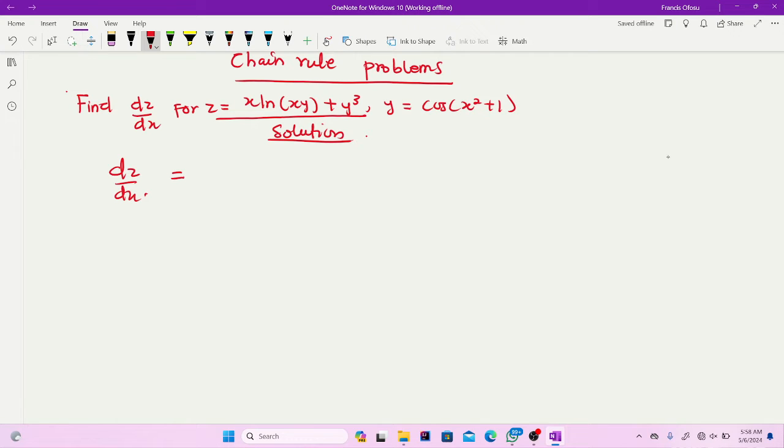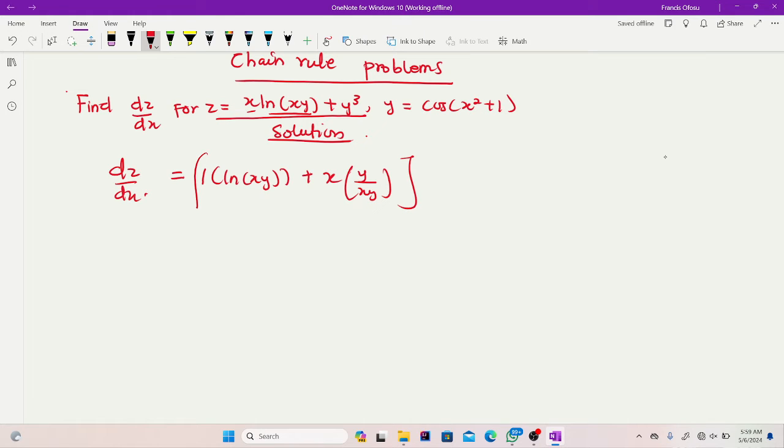So let's see how we can do this. As I said, we are going to differentiate with respect to x. So directly we are going to differentiate this function with respect to x. Realize that I have a linear function attached to a natural log function, which is a logarithmic function. So there are two different types of functions, so I use the product rule. Differentiating x, I get 1 and maintain my logarithmic part, plus maintaining x and differentiating the logarithmic part with respect to x, I'll get y over xy,